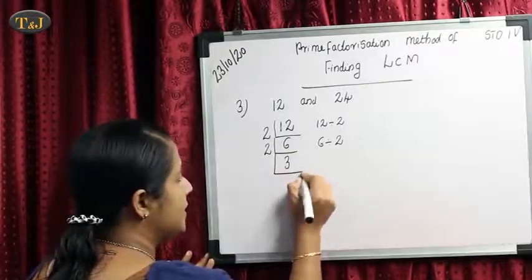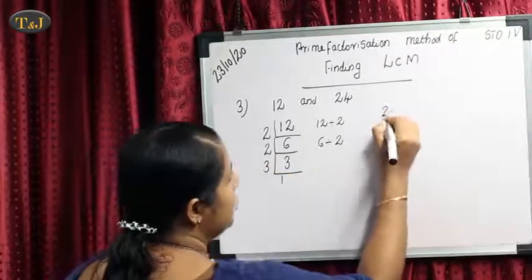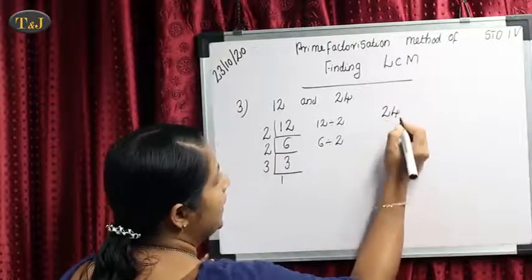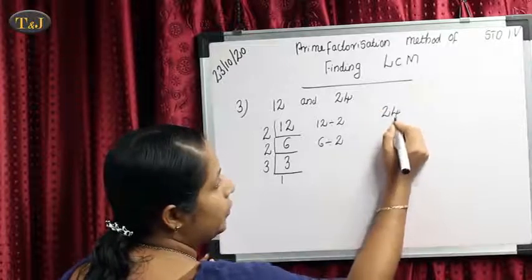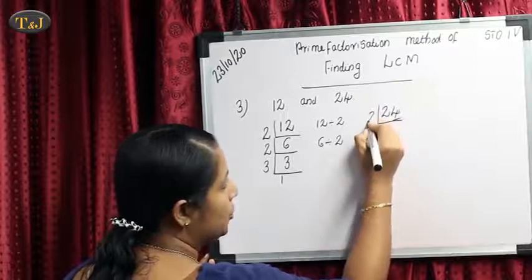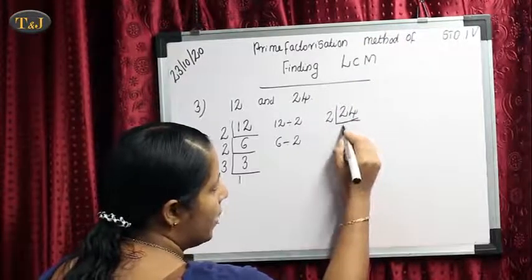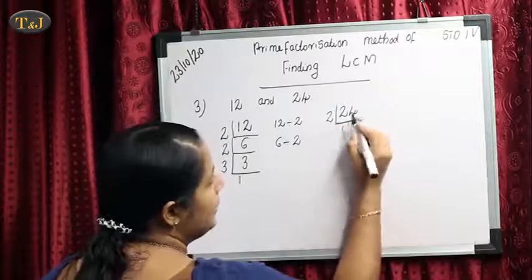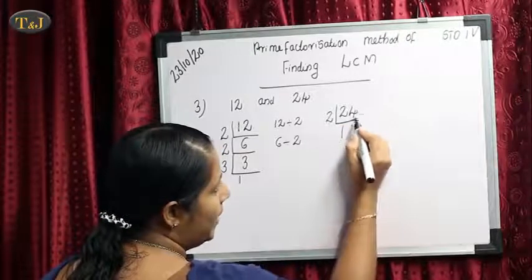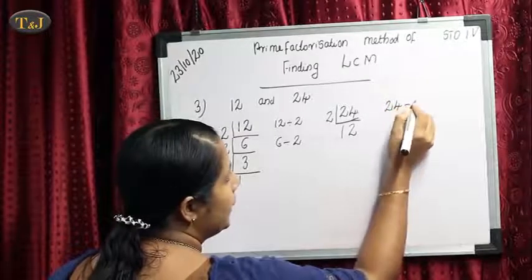The prime number means that it has only 2 factors. Then our next number is 24. Then in 24, 1's place value is 4. So, it is divisible by the number 2. Then in 2's table, we got the answer 2 as how many times? 1 time. Then in 2's table, we got the answer 4 as how many times? 2 times. That means 24 divided by 2 equal 12.